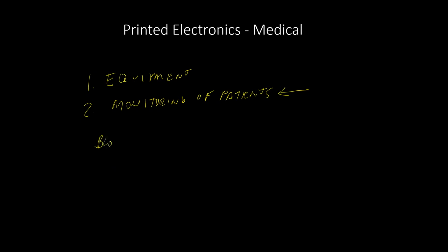And really there's two possibilities. One is medical equipment. The other possibility is monitoring, in particular monitoring of patients. The major development at the moment is really on this one right here. And the reason is, if you think about how you get monitored now, so let's say you've got a blood pressure thing,